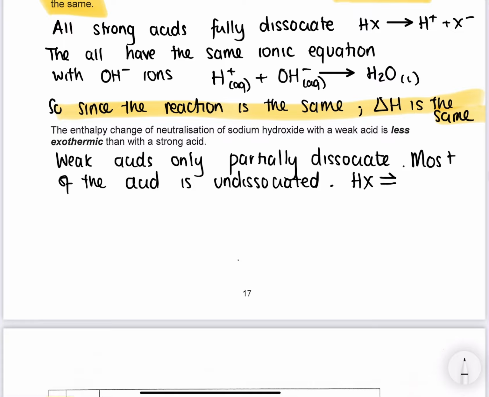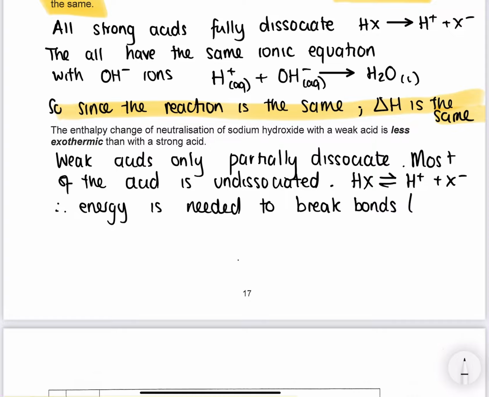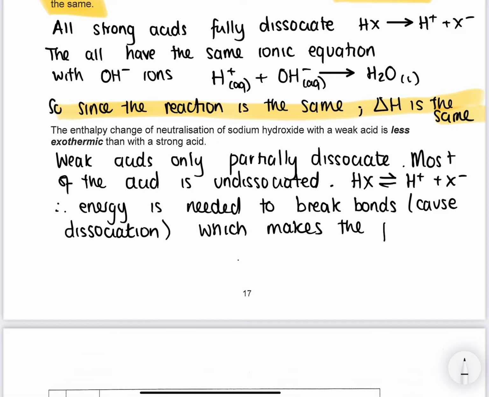So our HX is in equilibrium with H plus and X minus. Therefore, energy is needed to break bonds, cause dissociation, which makes the process